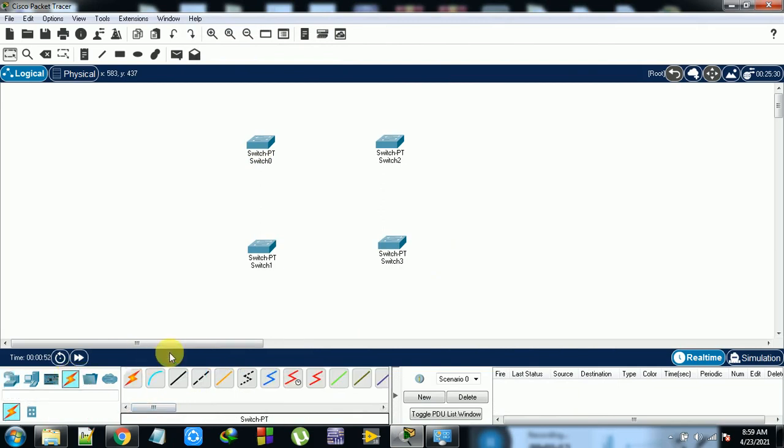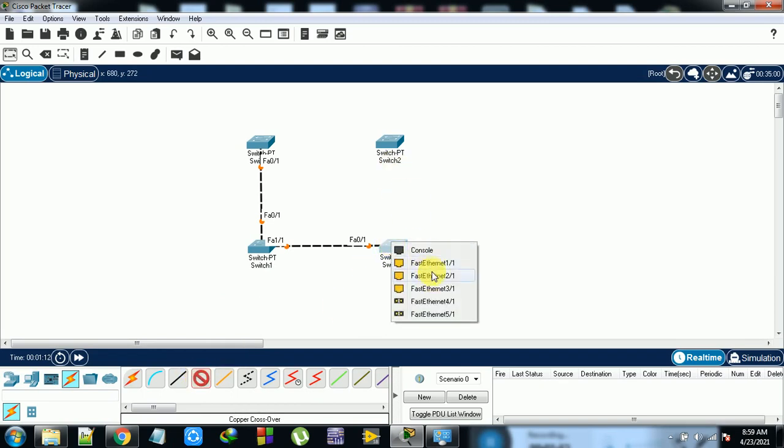First of all, I am doing a backbone. To establish it, I connect this one with this one, and the second with this one.